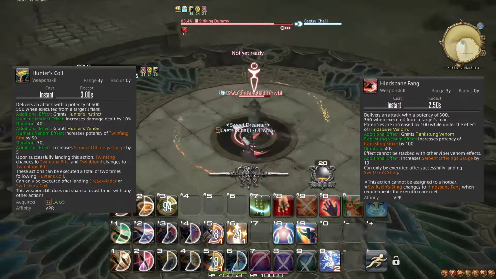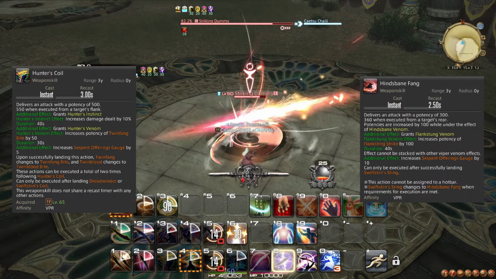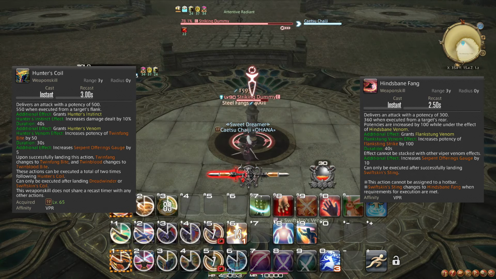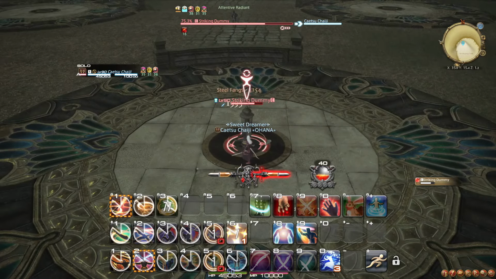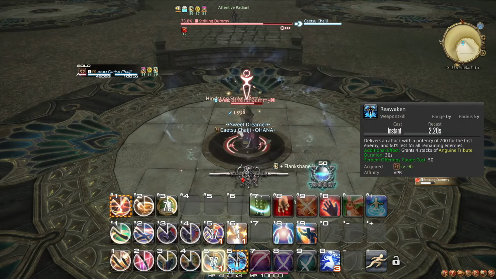All of your combo finishers are also upgraded to fill the Serpent's Offering gauge. The Dual Blade combo finishers grant 10, where the Glaive combo finishers, both of them, grant 5 each, meaning finishing a combo generates 10 gauge. The gauge can hold up to 100 and is spent in sets of 50 exclusively on Reawaken, which does good